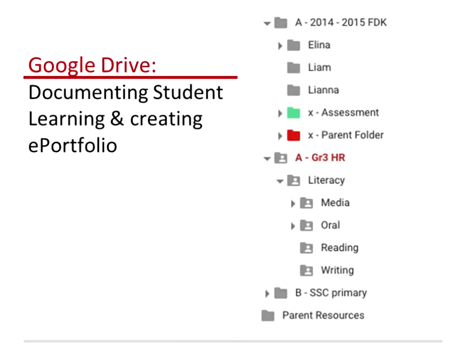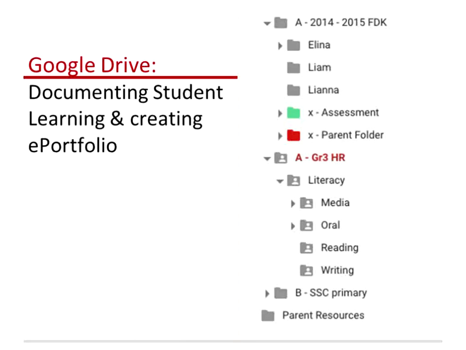Any of you who are teaching FDK classrooms, primary classrooms, even grade 12 teachers, I think this is a great way for you to organize your class by file folders and document some of the work that your students are doing, whether they've handed in an assignment to you via Google Docs, or as you're walking around observing students, you took a picture of their work and uploaded it directly into your Google Drive. What I really love about Google Drive is that you can download the app for free on any device that you have, whether it's an iPhone, Android device, or tablet, and it makes assessment that much easier.